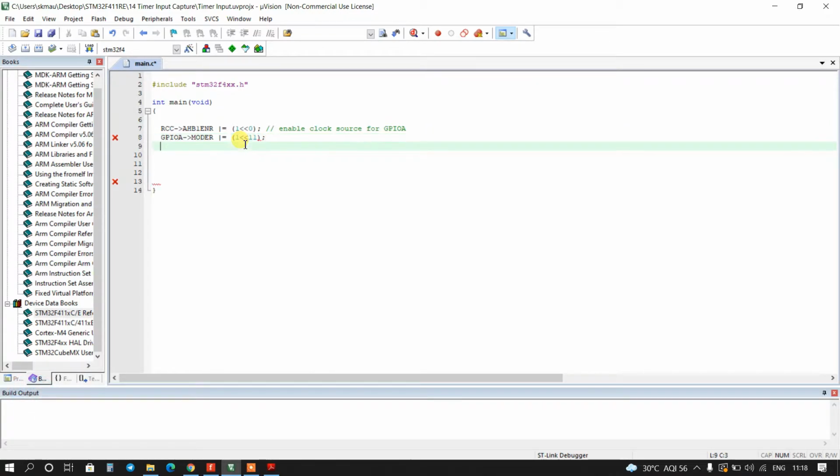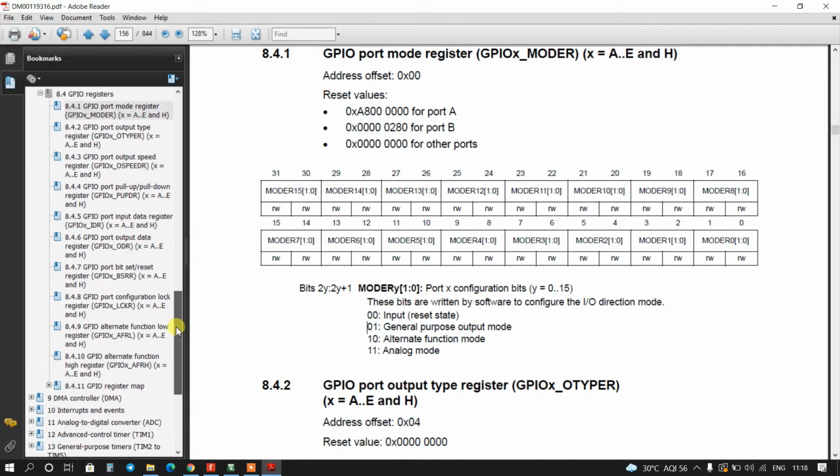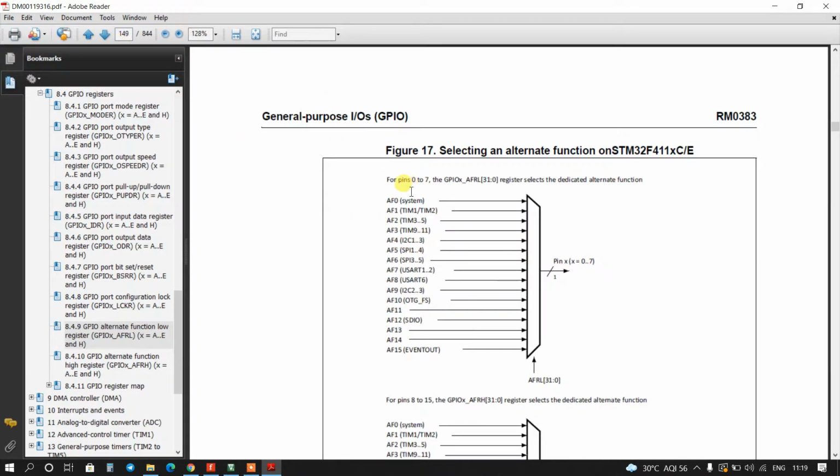Okay, now we will go to AFR registers. So we have to check AF1, AF2, AF3. So we will go to page 149. Okay, I am using here timer 2, so it will be AF1.